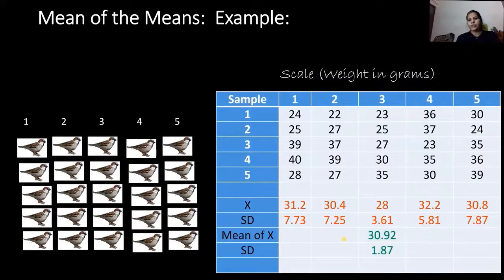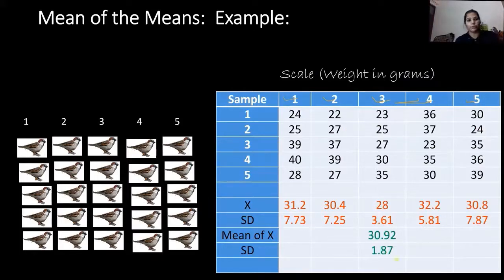ascending order, whereas dataset 4 has produced 5.81 standard deviation, and the third sample has produced a small standard deviation, which is 3.61. This is small in comparison to the other standard deviations calculated from the other data sets of sparrow birds' weights. So till here I have calculated means from these first sample efforts. This is our first calculation for the primary data set.